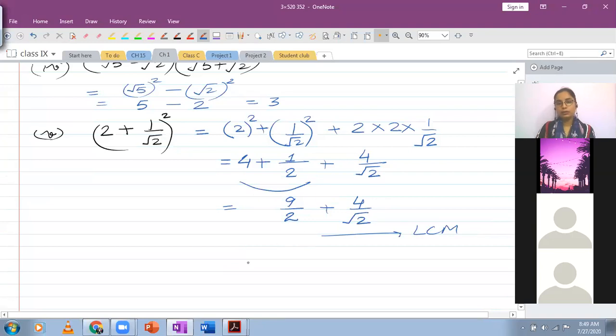Ma'am, how can we take the square of 1 by root 2? 1 by root 2 can be squared like a normal rational number would be squared. So if you have any power of a rational number, although it is not a rational number, consider this to be numerator and denominator. So you will write down the square of 1 in the numerator and you will write down the square of root 2 in the denominator. This is what I have done. Now square of 1 is 1 and in the denominator, you are squaring a square root number. So what will happen? Square will cancel the root and you're left with 1 by 2. That's how we have obtained this.